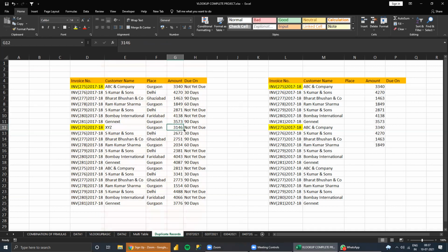The second value is different, 3146. But I need to get 3146 here, not 3340 for the first record. I need the second record result only for the second record. First record, first result. Second record, second result from the source table. How do you get this?